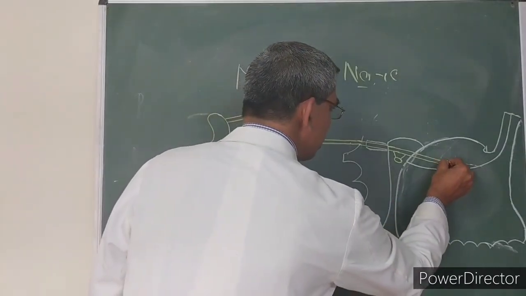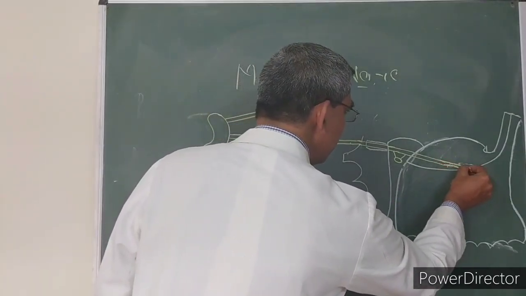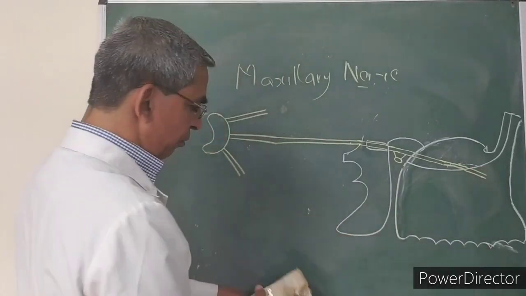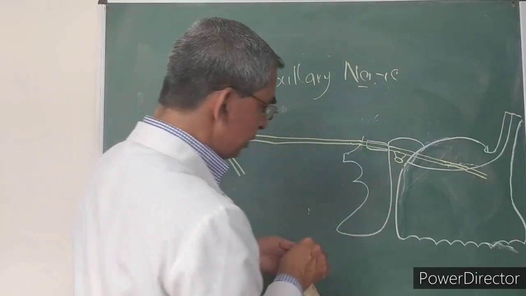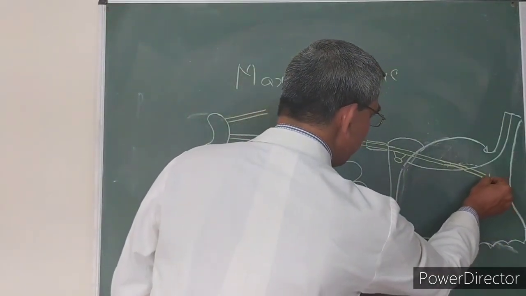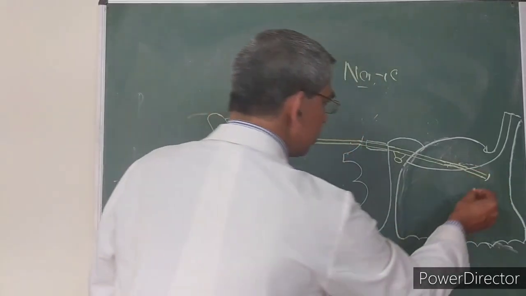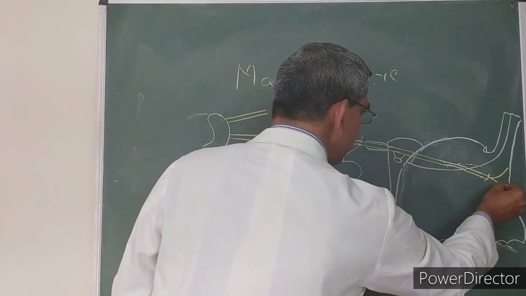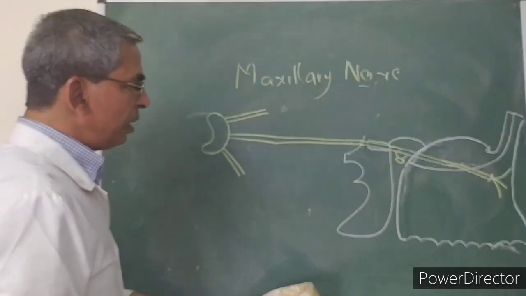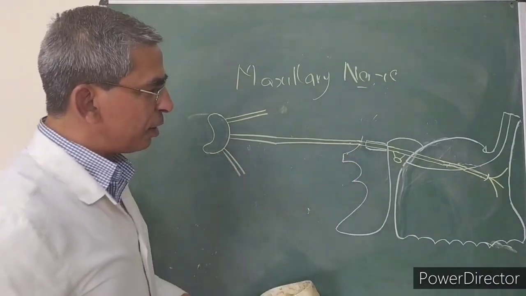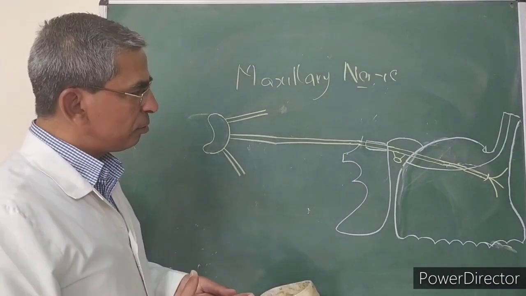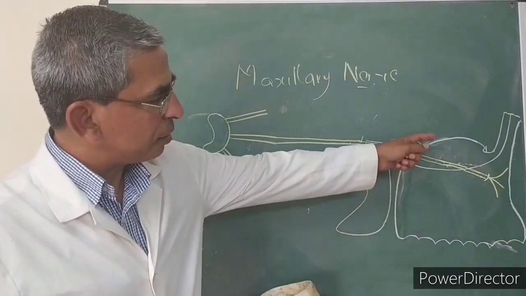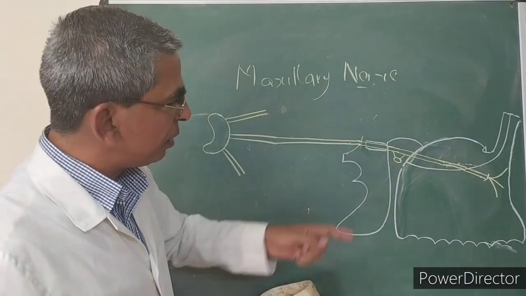So this nerve now runs into the infraorbital canal here, and then comes out through the infraorbital foramen, on the face. So this is the infraorbital foramen. This nerve comes out of the infraorbital foramen and then divides into the different branches. We will come to the branches later on. So this is the whole course of the maxillary nerve. The maxillary nerve is a purely sensory nerve. It carries sensation from different areas, from the palate, from the nasal cavity, from the orbit, from